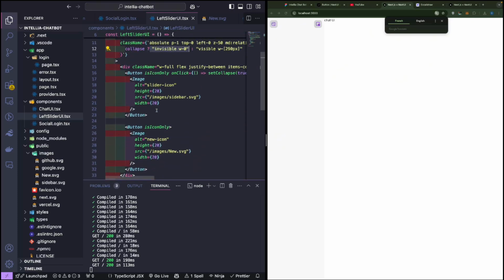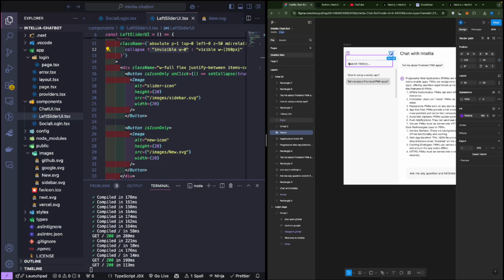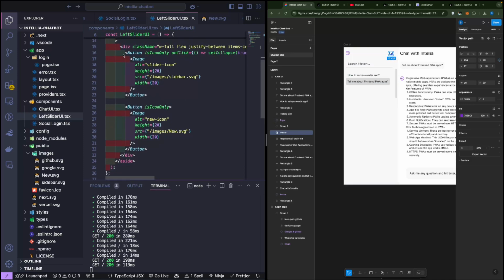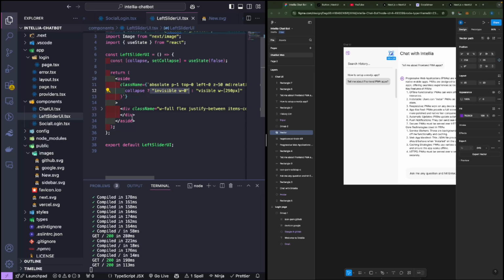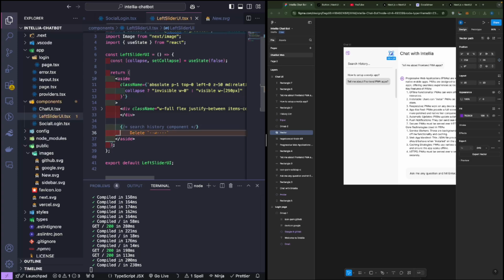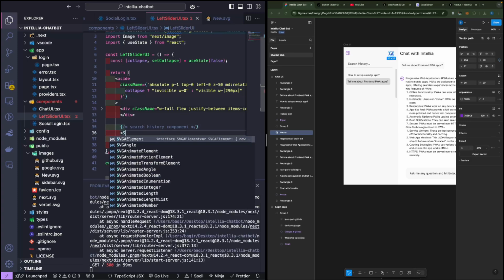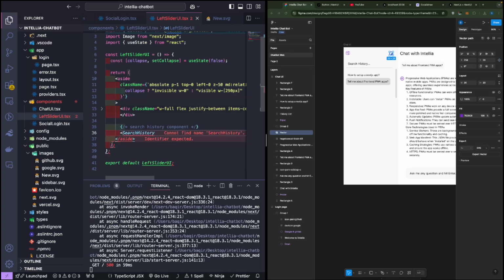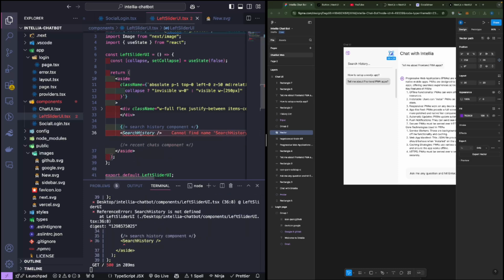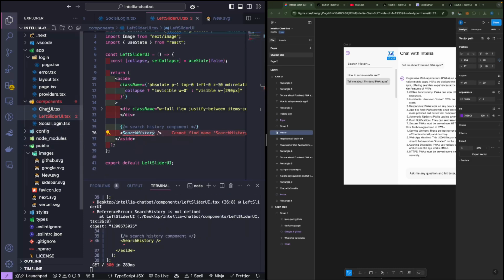Okay, so we are done with the header part, and then let's move on to the body part of this, which is the search history component. Okay, so underneath this, we are going to create a new component called search history component. Okay, I'm gonna make it a search history like this. Search history. Now let's create our component,